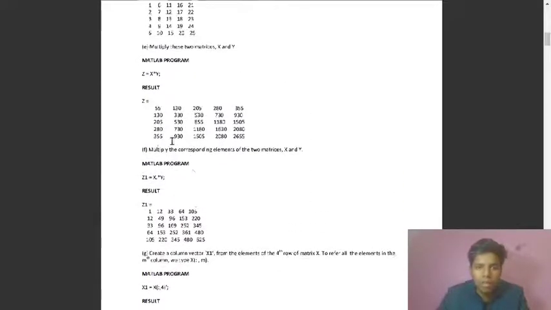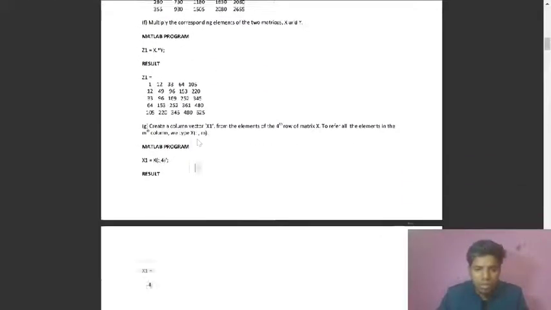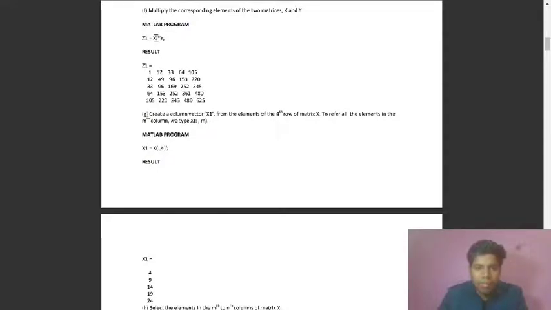And in the F part, we have to multiply corresponding elements of matrix X and Y. So what we are doing, we are multiplying the first element of X with the first element of Y, not like previous, where we do matrix multiplication. Here we are using just one element, like the first element of X with the first element of Y, and the fifth element of X with the fifth element of Y. So we can use the dot multiplication. Here you can see we are getting the result, and we can see here this row, Aij will be equal to Aji. As you can see, we are getting.